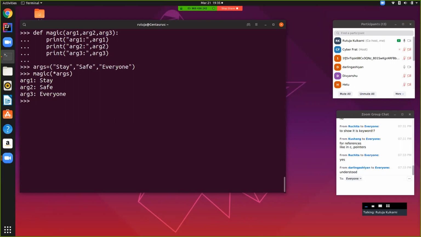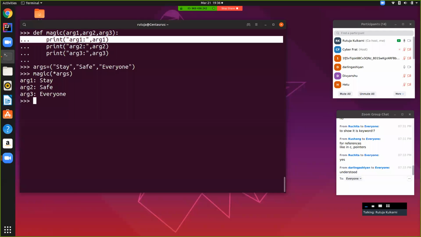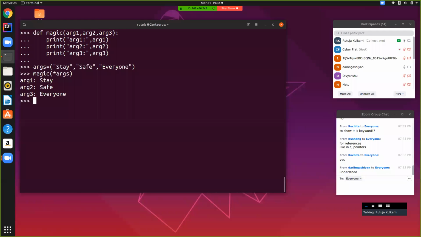Now let's merge, okay, this was positional argument. Let's merge this example with, okay, darling Ashia. Oh wow, that's a pretty unique name. He has understood, he or she. So anyways,